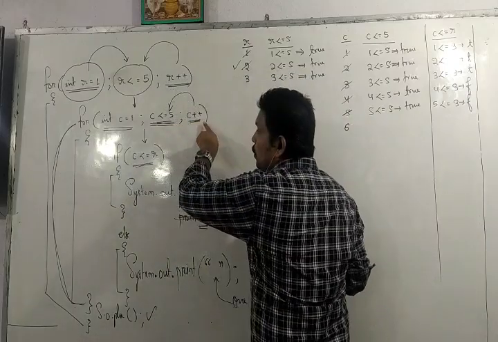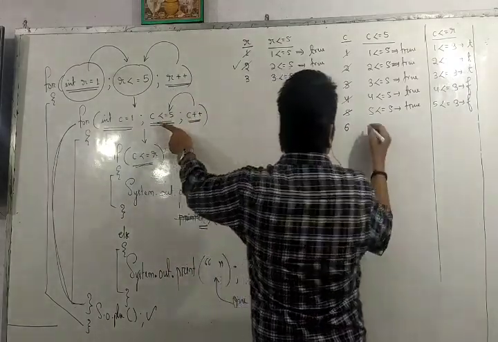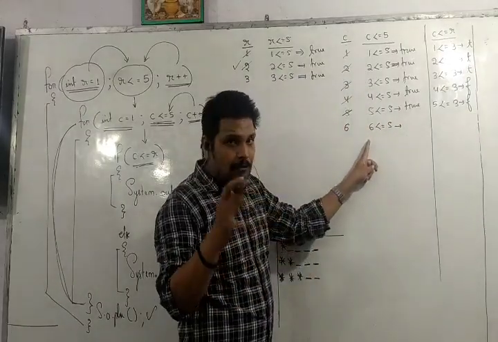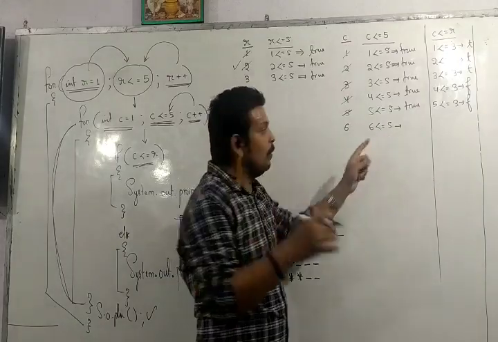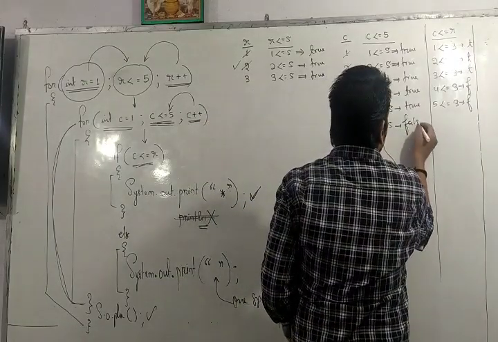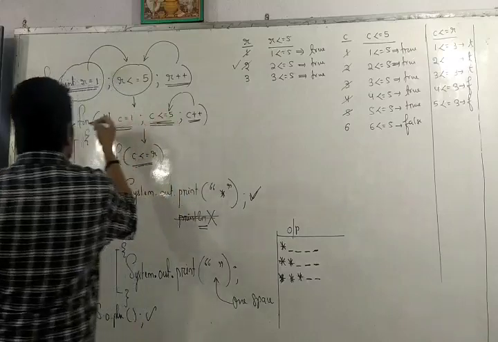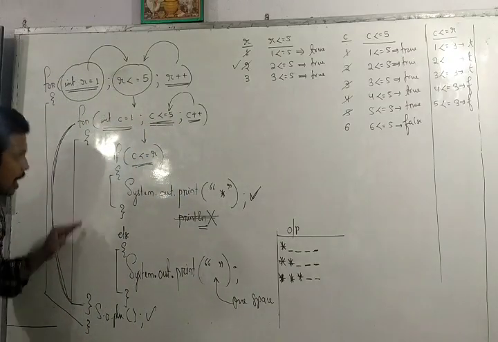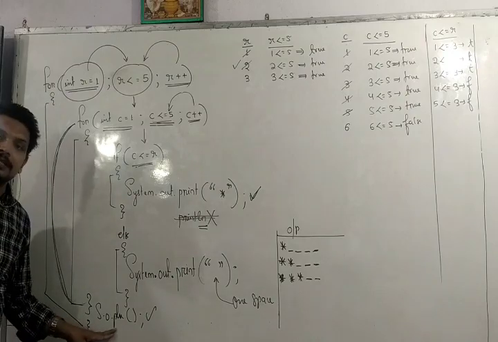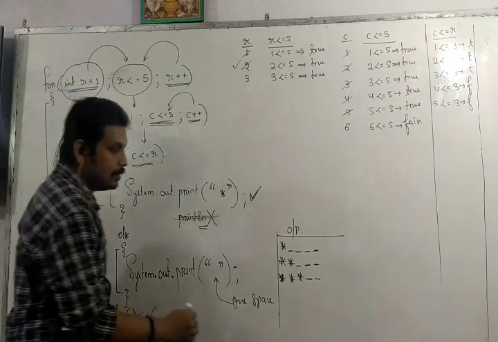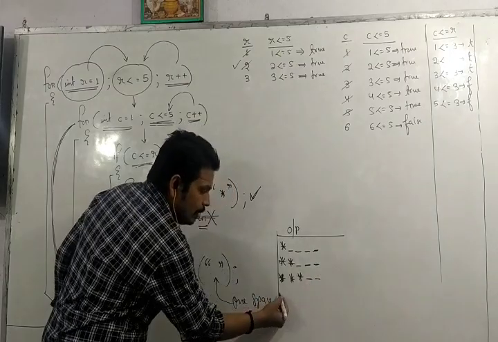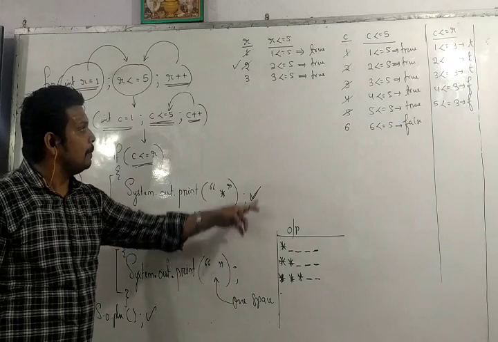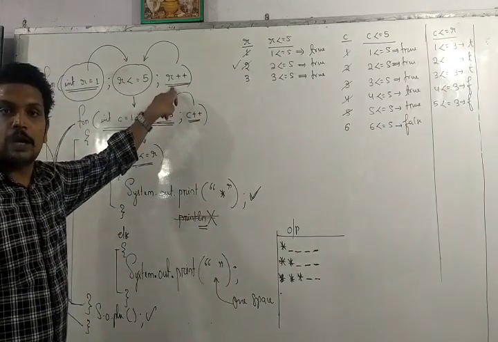And then again the control will go to the testing expression of inner for loop. 6 less than equal to 5. 6 is less than 5? No. 6 is equal to 5? No. So here we will get false. If it is false, the control will go out of the body of inner for loop, and just after the inner for loop we have written system.out.println. Because of that, the cursor will move to the next line. Okay. Then the control will go to the updation expression of outer for loop R++.